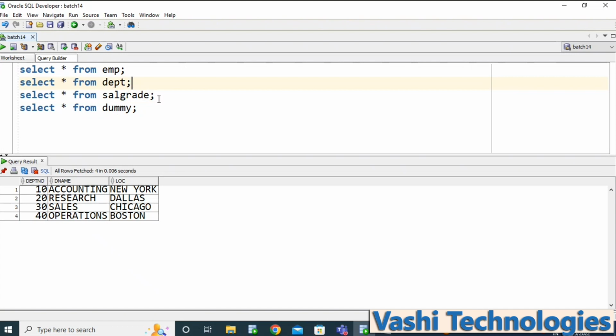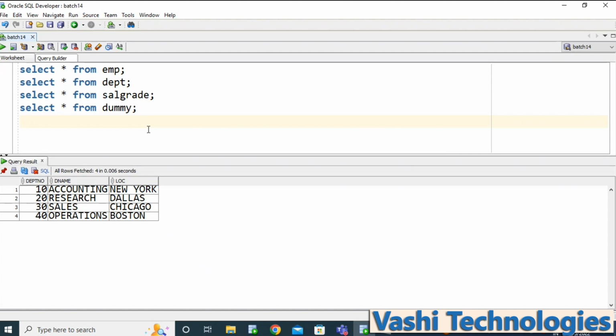Now we have these 3 individual tables. You need to check whether these tables have any link between these 2 tables or these 3 tables, any relation. You need to identify that first. So how can we identify the relation of 2 tables or any tables? Primary key or foreign key.